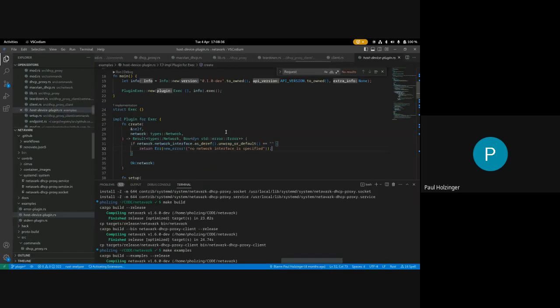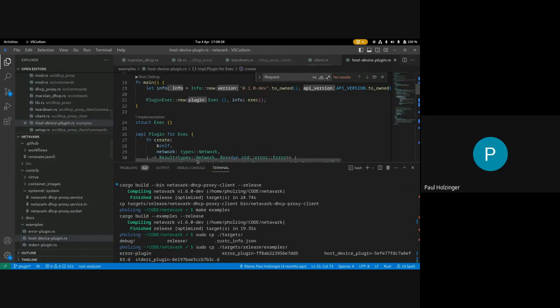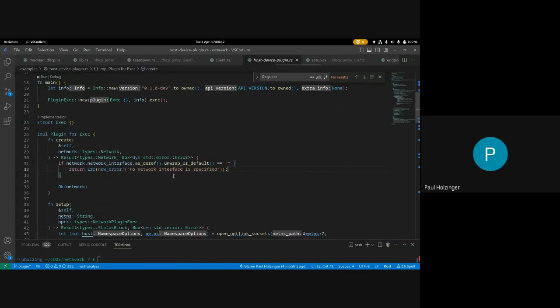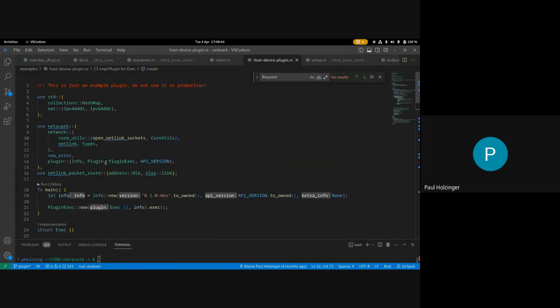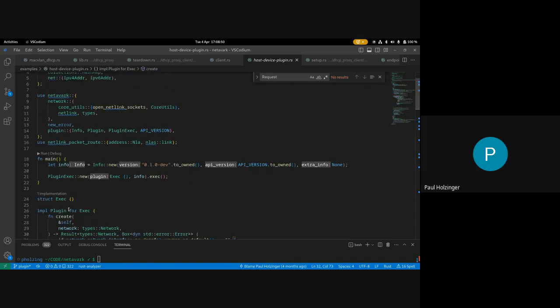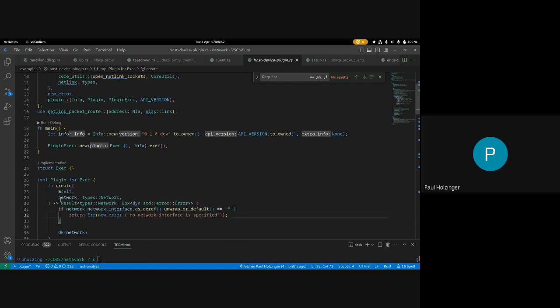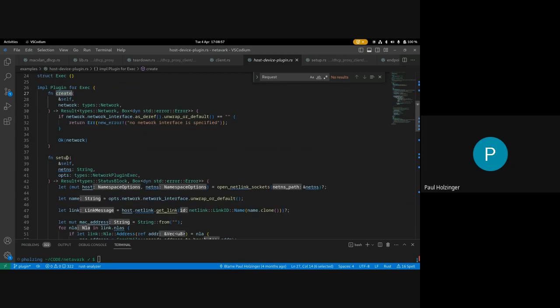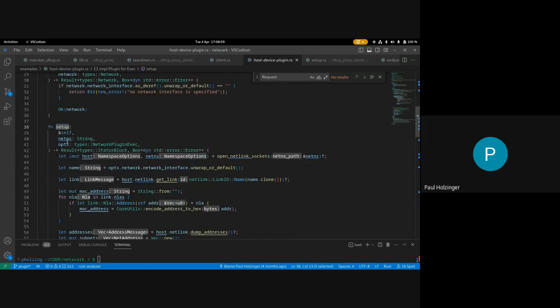Yes. That's pretty much what you need in your plugin, and you import the trait, and then you must define a create function and a setup function, which gets the path for the network,